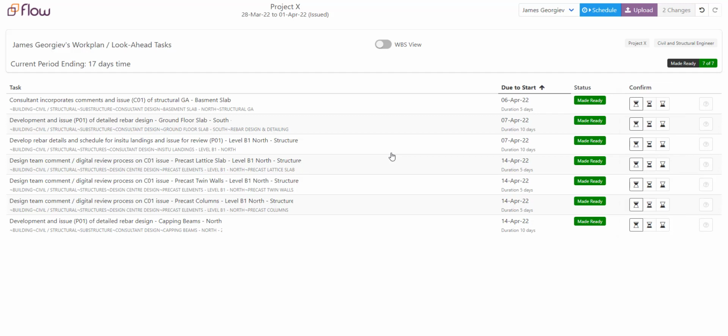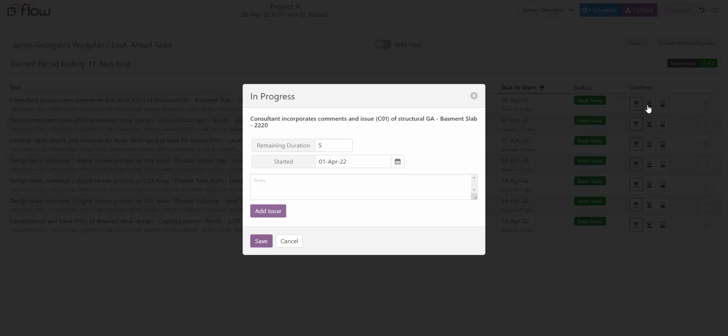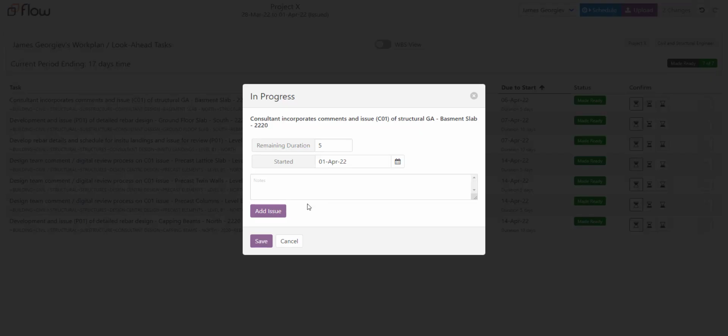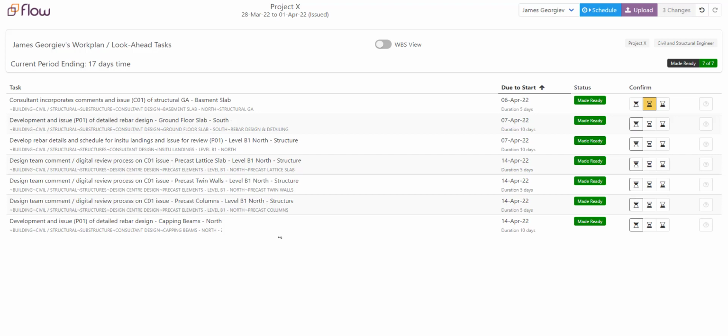Similarly to the progress reporting on the focus tasks list, a task could be not started, in progress, and finished. Any reporting, if needed, is done in a similar way to the reporting on the focus tasks. Bear in mind that issues reported against tasks in the look-aheads are categorized as constraints, since they may prevent these future tasks from commencing or being completed as expected unless they are cleared ahead of the planned start date for